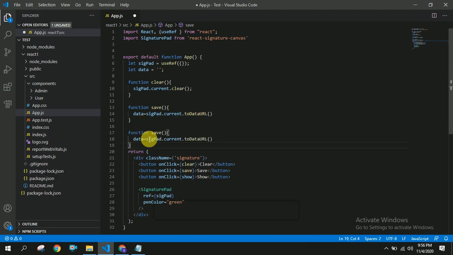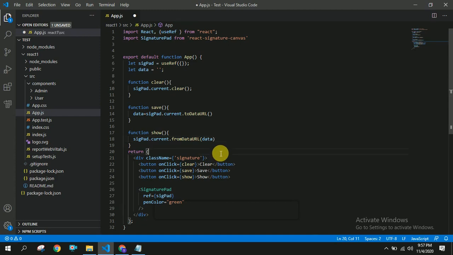Once I click on the show button, this method will be called, and instead of toDataURL we have to call fromDataURL, and to this fromDataURL we have to send data as the parameter.